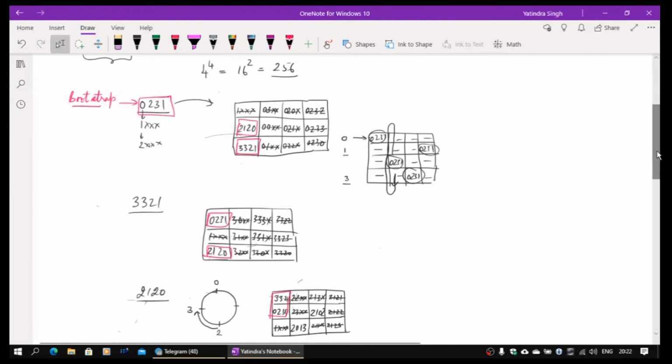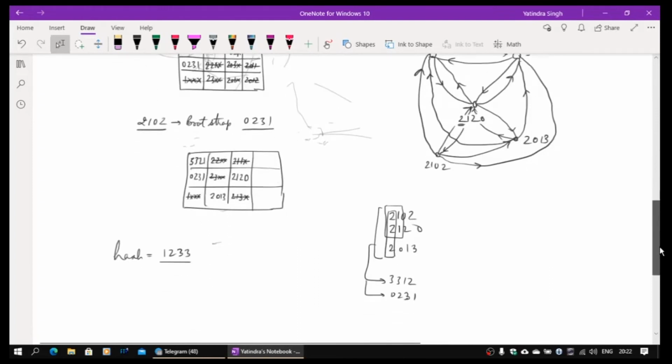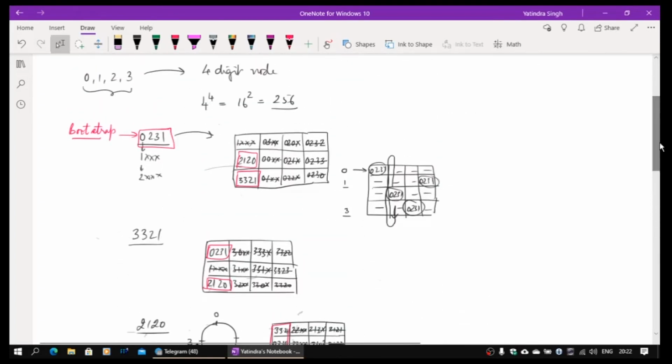So if it starts with 0231 and I am talking about 1233, it goes 0, 1 is not there, so it will go to 2120. Okay, so 0231. I am actually searching for 1233. That's the hash ID which I am searching for. 0231, I will go to 2120.